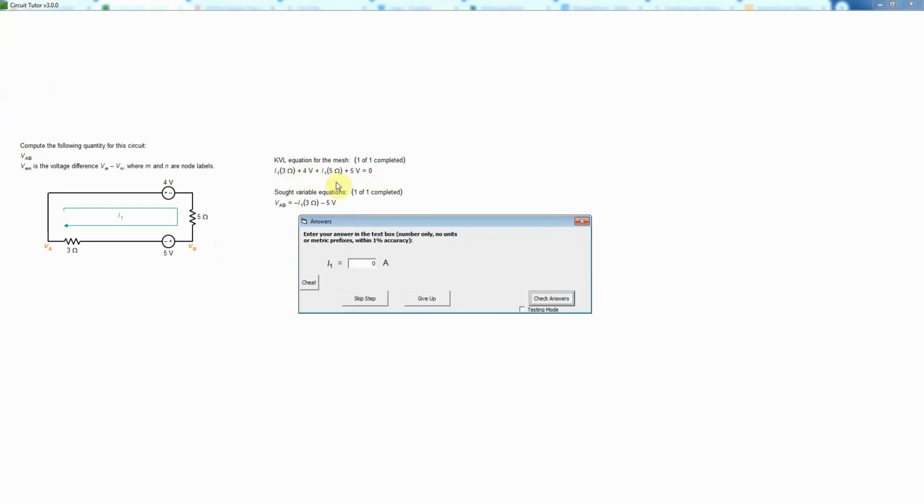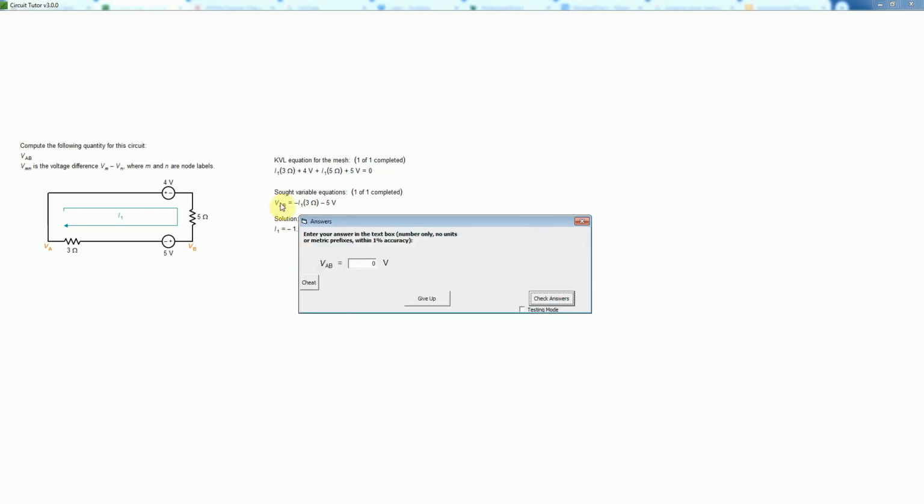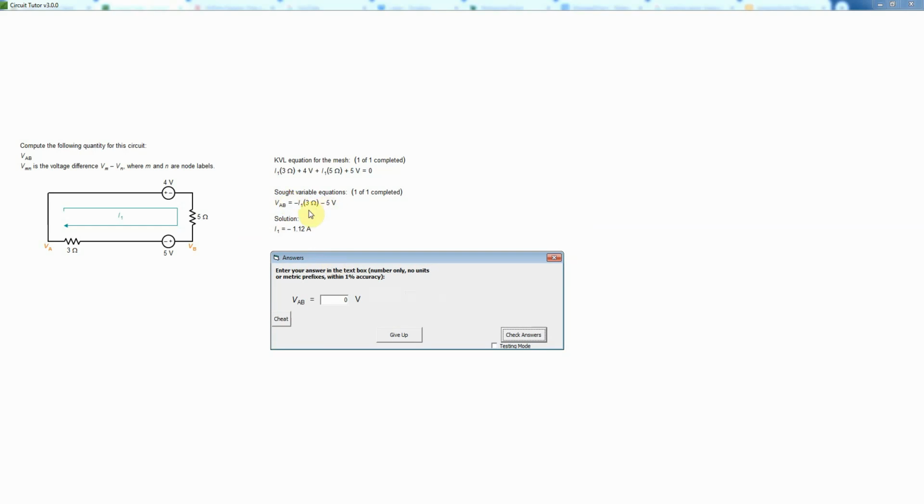And now I need to compute my I1 from the KVL equation. That's a simple algebraic equation. I have 9, which will become minus 9 on the right side, and then I'm going to have 8 I1. So it's going to be negative 9/8, which is minus 1.12 approximately. And I'll check that. And then I need to compute the sought variable now, which is a little bit more complicated because I need to plug my I1 into here and then subtract 5 from that. So I'll do that on my calculator, and the answer will work out to be minus 1.62 volts,